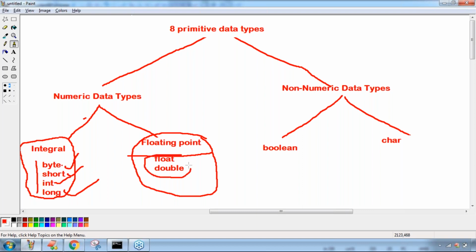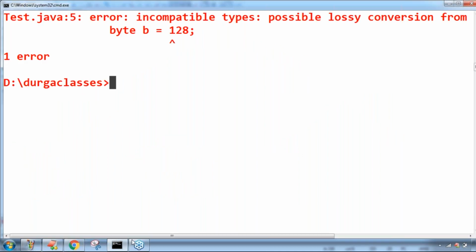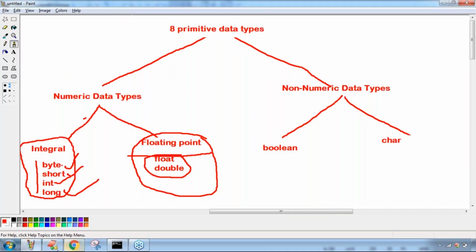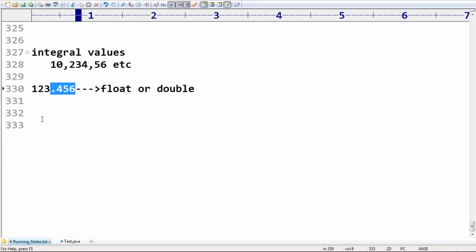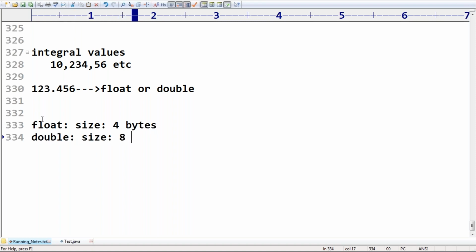Very important point here: float size is 4 bytes, and double size is 8 bytes. Internally, float is provided 4 bytes of memory, and a double value requires 8 bytes.